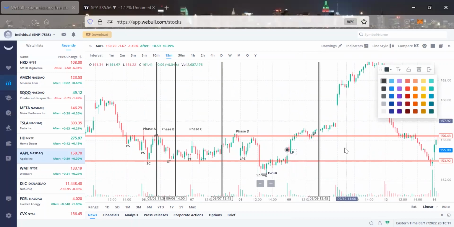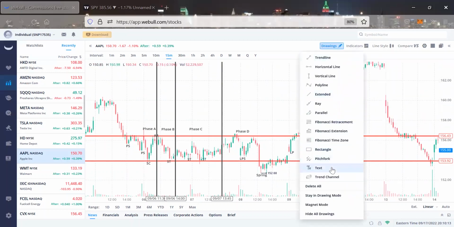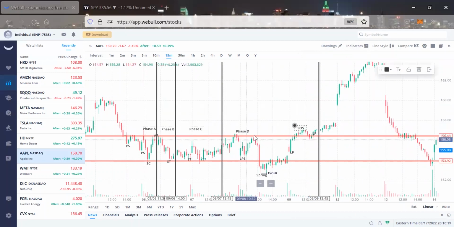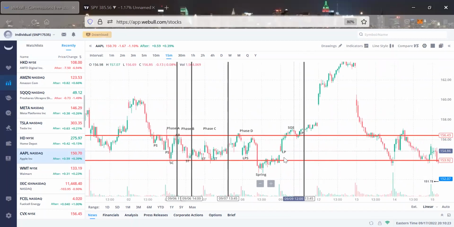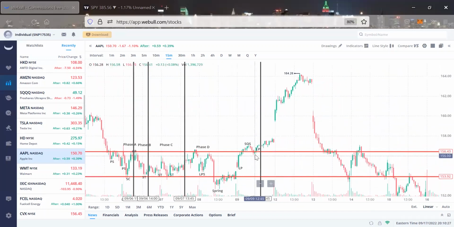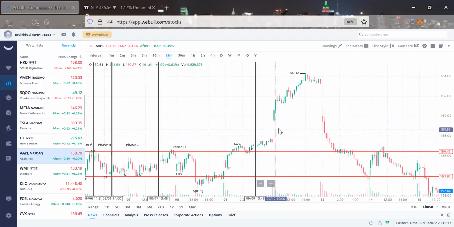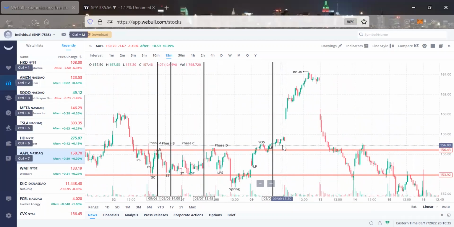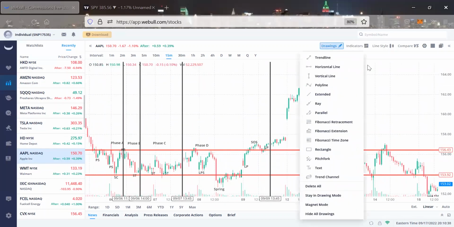LP, also known as SOS, meaning it's a sign of strength. We're starting to break that structure, right? Like really break that structure. Bulls are now becoming in charge. Now we have that accumulation, that high up. Well, this gap was not prepared for, but usually what happens here is that